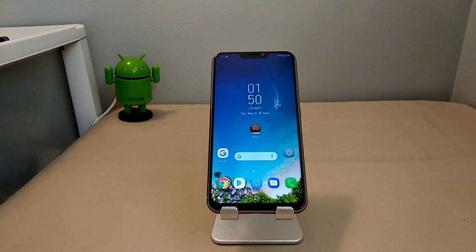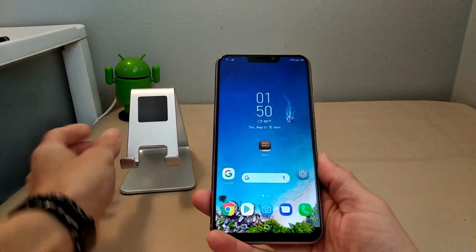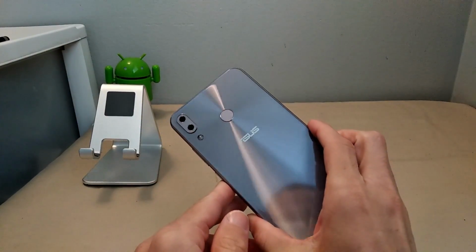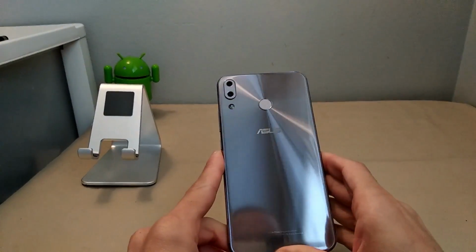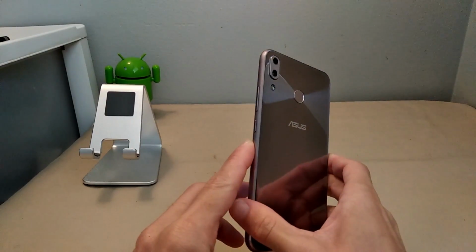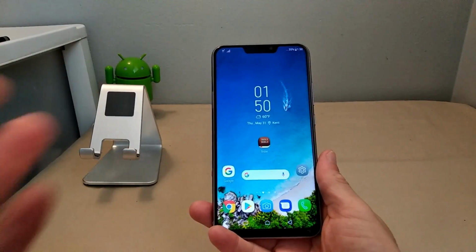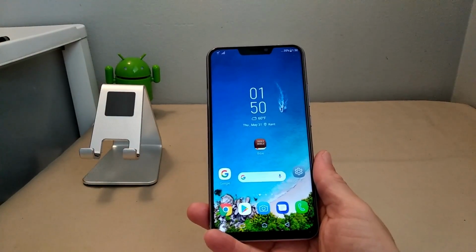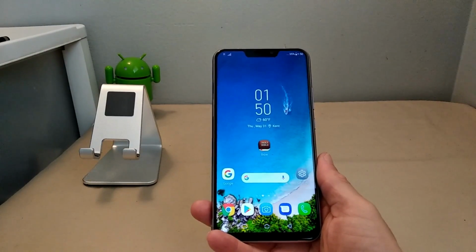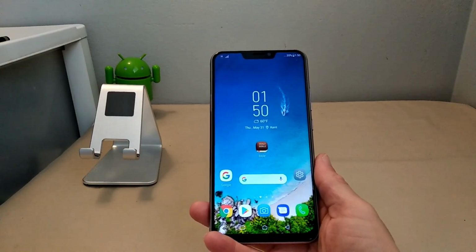Now, build quality. The build quality is absolutely stunning. We've got Corning Gorilla Glass 3, which is what I've been told, on the front and the back. And this is just a beautiful piece of hardware here. Definitely you want to protect your investment with a case and a screen protector, which the case does come in the box. So shout out to Asus for that. But look at this. This panel is absolutely gorgeous. 1080p display here, and it tops out at 550 nits,